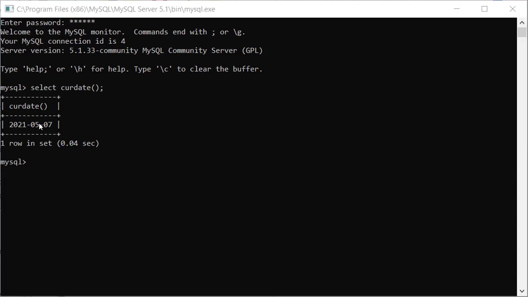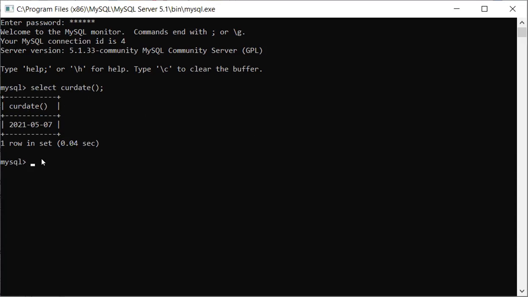Whatever is my system date, it will be fetched by that. So whenever you wanted to insert the date from the system into the table, that particular time we are using this function, that is CURDATE.